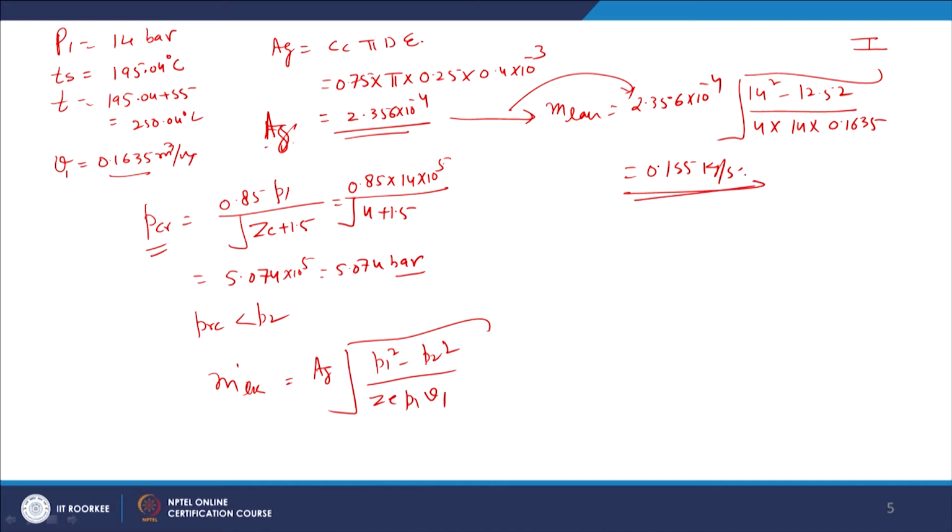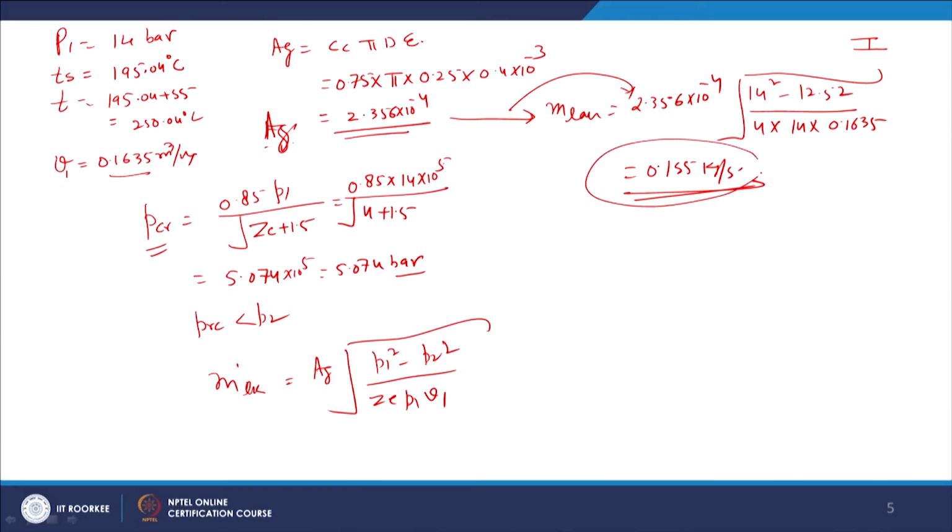This is the amount of steam which is getting leaked through the glands, because when we want to improve the design, in any design, the estimation may be a rough estimation, but only by estimating all the quantities can we improve upon it. So, here we find 0.155 kg per second, that is the amount of steam which is being leaked out through the constrictions.